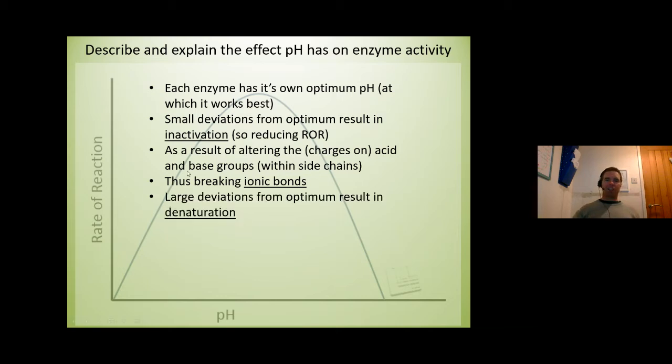If you get a small deviation from the optimum, so here's our optimum here, we get a drop off in rate of reaction. If you get a large deviation from the optimum, that reduces the rate of reaction further because they are then denatured. You have so many changes in those ionic bonds. There's so many ionic bonds that are broken that it becomes an irreversible change to the enzyme. Now, I'm not going to do any more on that because it's quite rare that we see questions on pH. Okay,